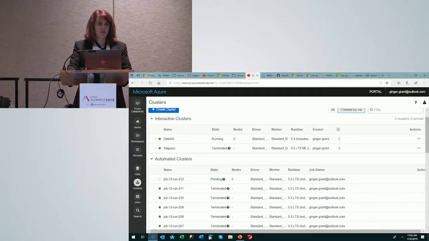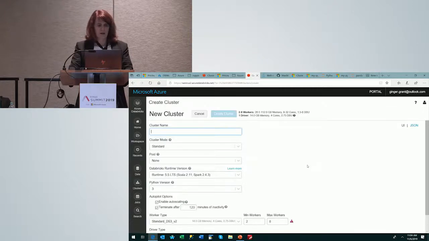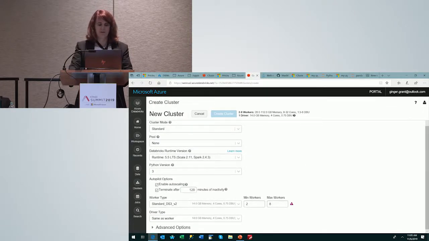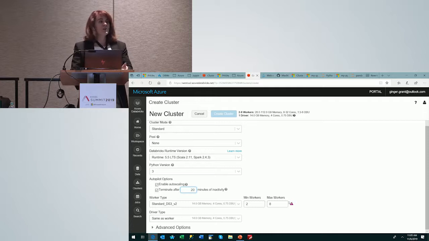When I create a cluster, one of the options that is really nice and I wish existed in other environments, and I'm going to go ahead and click on that, is you have this thing that says terminate after 120 minutes. Boy, I wish I would have done that if I was messing around with StretchDB. That like screwed up the weekend. But yeah, it'll automatically terminate. And honestly, most of the time I set this to 20. And the reason why is if I'm using it, it's not going to terminate. So it's basically, if after you've stopped using it, then it sits around for 2 hours and then turns off. So you can set this at 20 minutes after you haven't touched it.